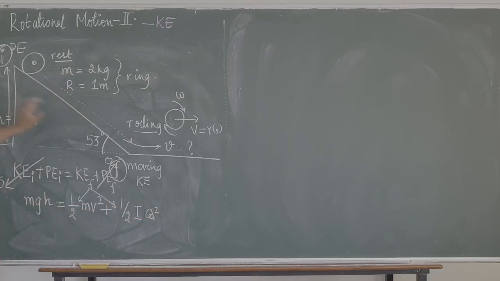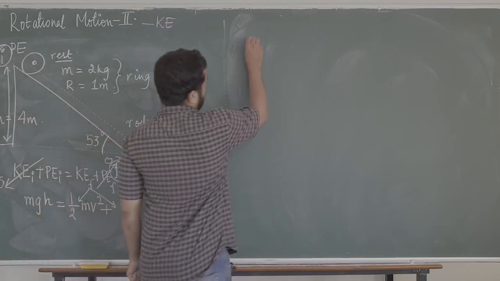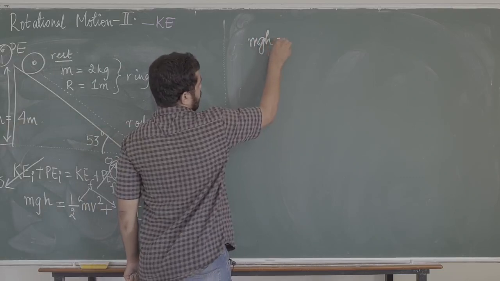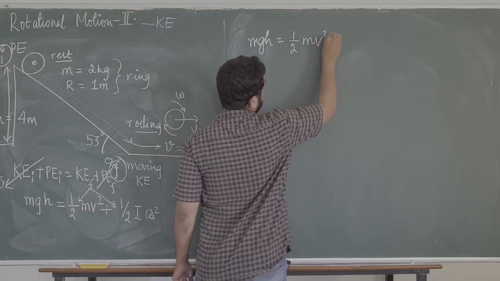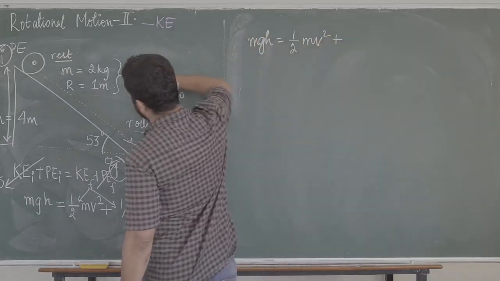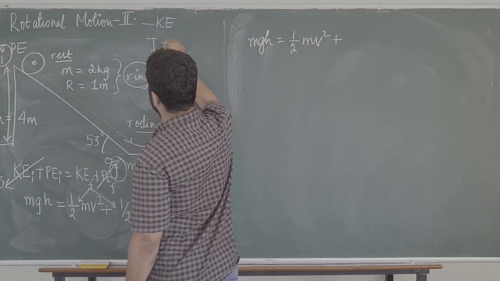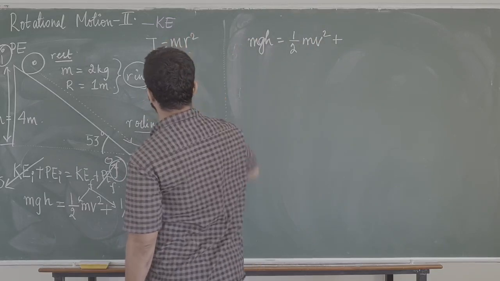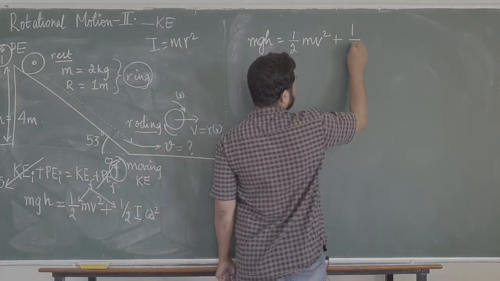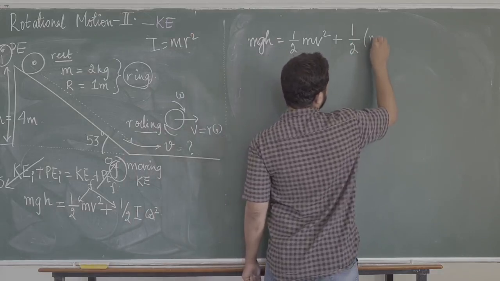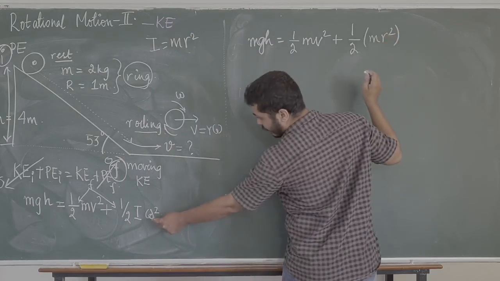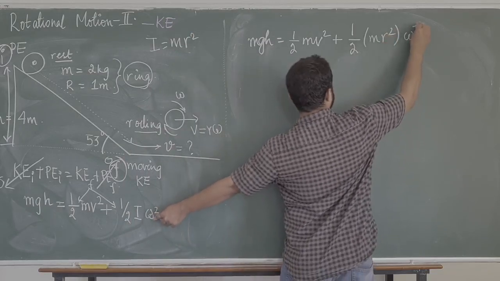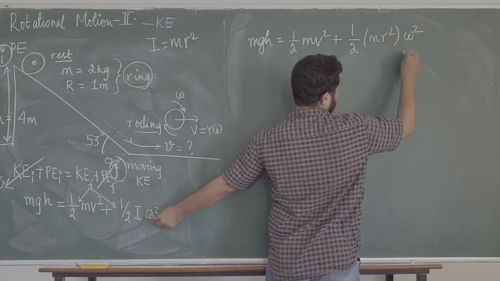हमें क्या निकालना है? We want to find out the value of V. So take this equation over there. You'll write mgh is equal to kinetic energy of translation, that is half mv square plus, this thing is a ring. So the moment of inertia is equal to mr square. तो क्या लिखेंगे? Half, instead of moment of inertia we'll just simply write mr square and then we will write omega square. So you'll write omega square over here. समझ में आया?